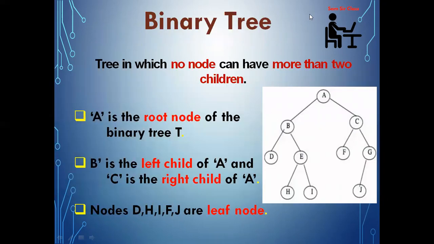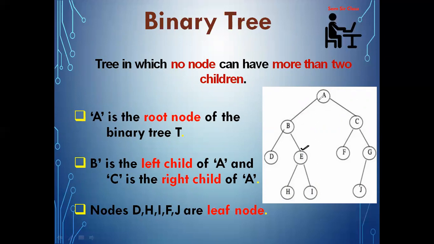Now you can check that suppose I need to search a particular node in a binary tree, then there will be no specific rule. I don't know where E is present. E can be present anywhere in the binary tree. So I have to search the entire tree to check whether E is present or not, because during the construction of a binary tree, we don't have any specific rule.